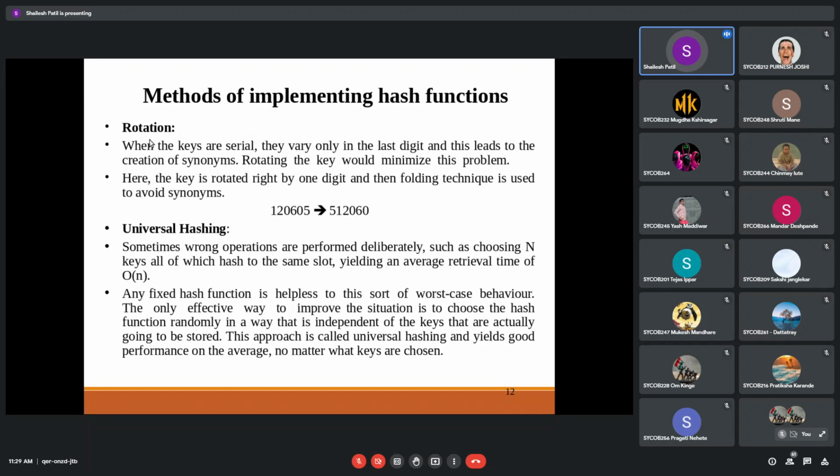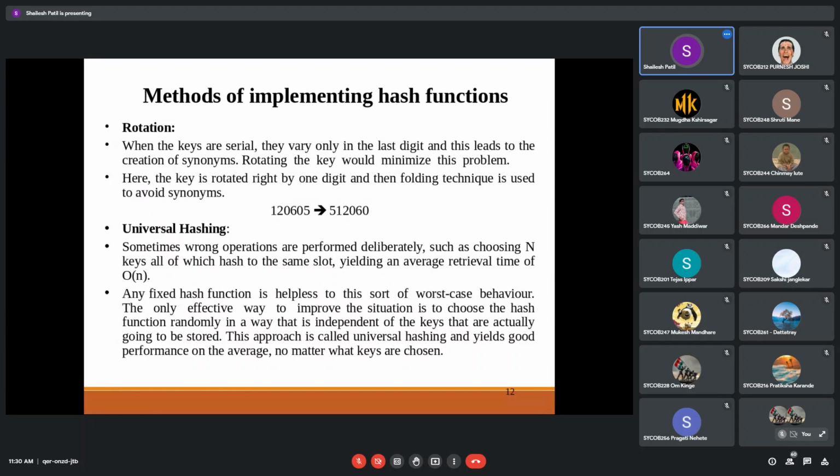Again, we have rotation. We are just rotating the number. If you remember, we took an example where rotation is useful. Suppose the things we are going to store are in sequential order. Then we rotate the number, so that it gives the answer in a distributed fashion. And finally, we have universal hashing. No single method is best fit for any particular problem statement, so we randomly go through hashing the things and select which is the best fit. So these are the hashing techniques, you may say 8 different hashing methods we have seen.